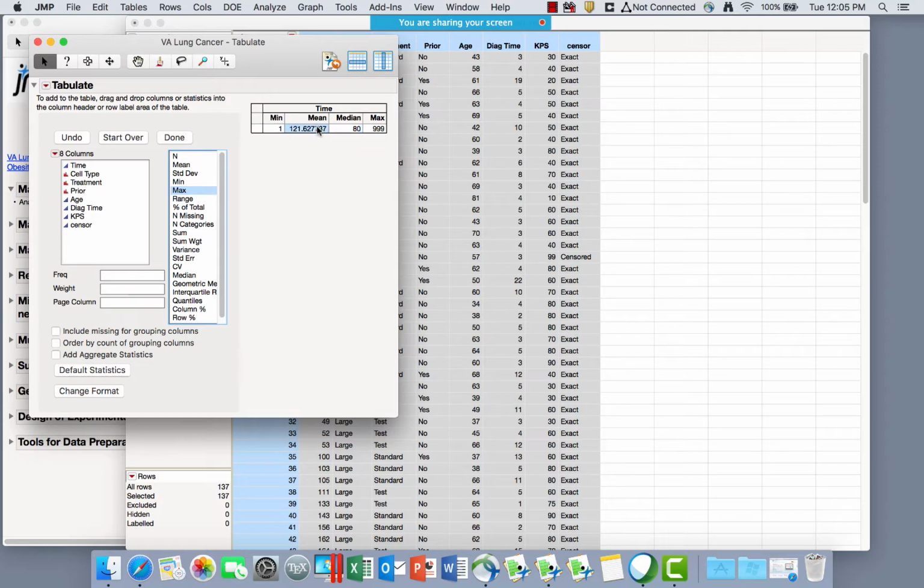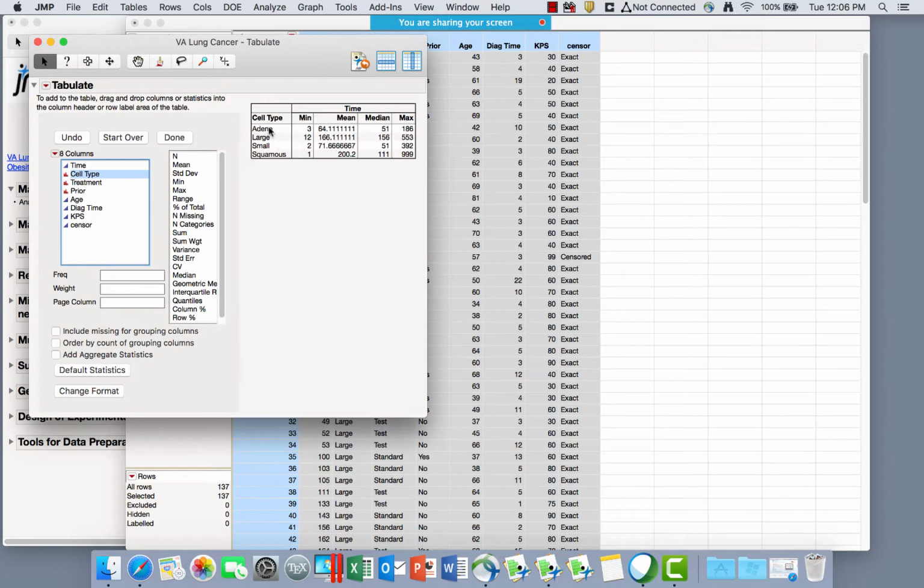And now I might want to make my table a little more interesting and split out the time into different groups. So if I wanted to group this by cell type, for example, I can drag cell type. I don't see the drop zones now, but if I hover, I'll see drop zones appear. So I can drag cell type over to the rows and drop that in. And so now I see this split out by the 4 different cell